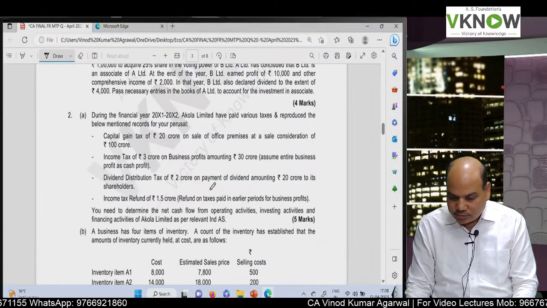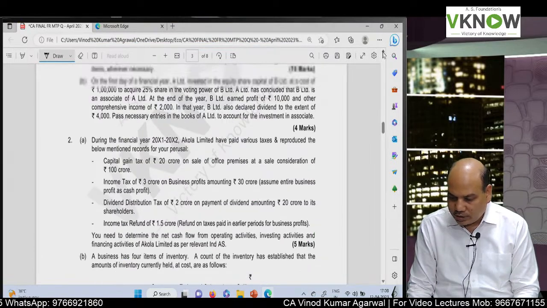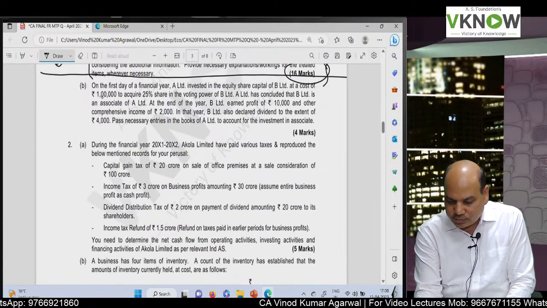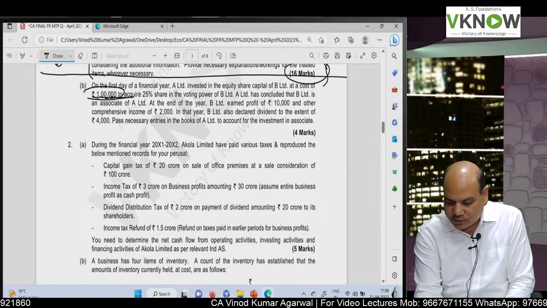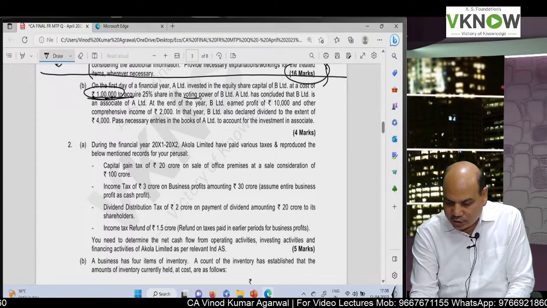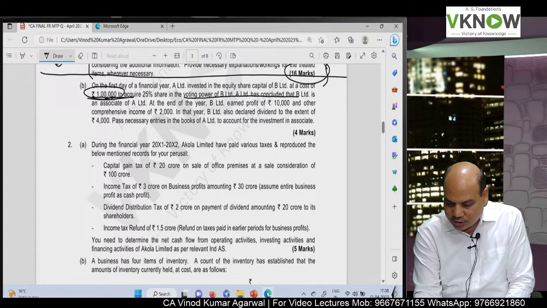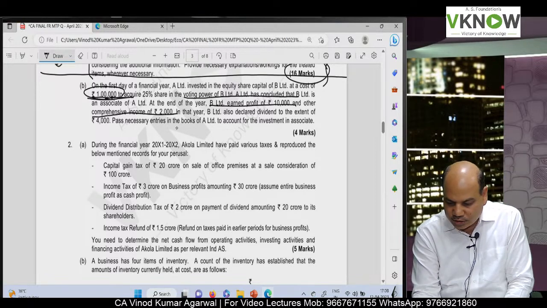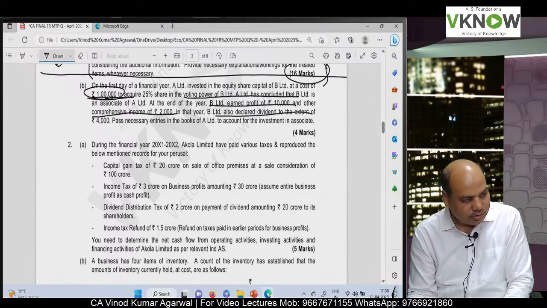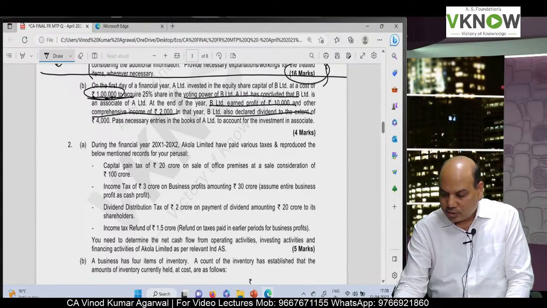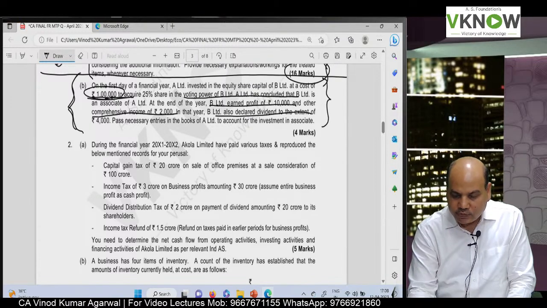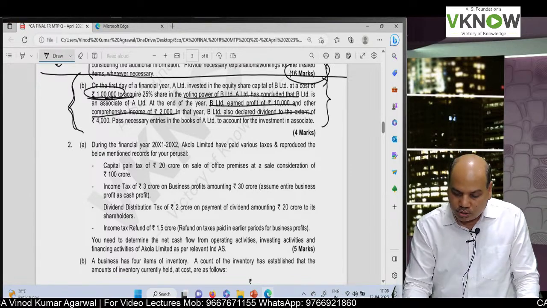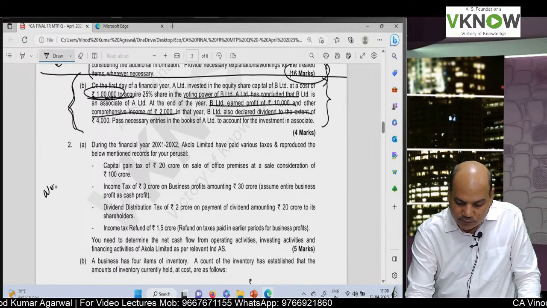So let us see the question. The question was quite easy. They have given you that this is the value of the shares acquired, one entry for purchase of share, one entry you will pass for the share in the profit, one entry will pass for the share in OCI, and one entry will pass for dividend. Is it right? Now what about the answer? The institute has already given you the answer on its website. You can also download the answer from our website